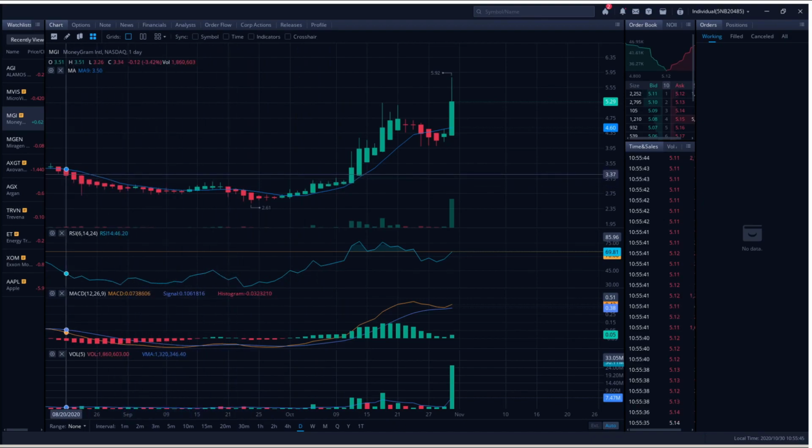And this just takes the average of the price action over the last 9 minutes, or last 9 candles, and kind of charts it out for you, which is really nice. And on Webull, it actually looks very nice. It's very clean, easy to use, easy to see.